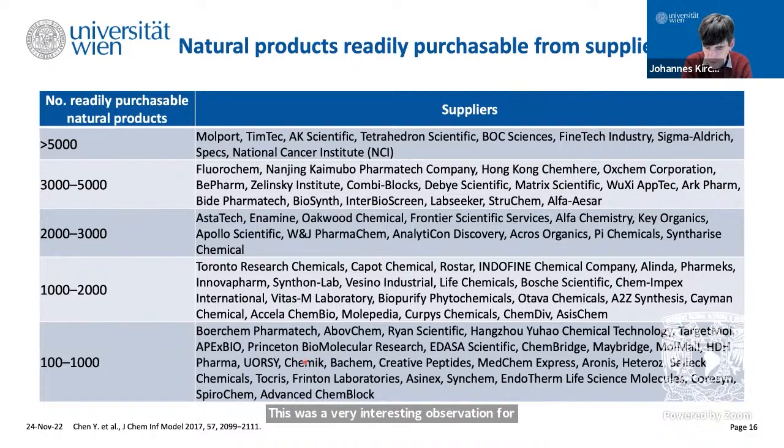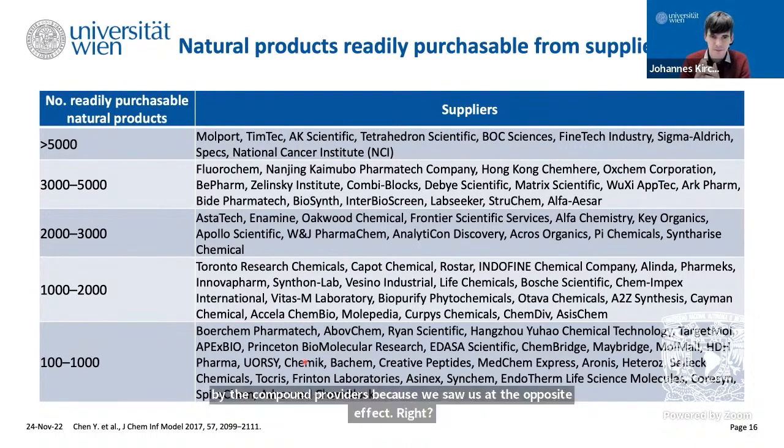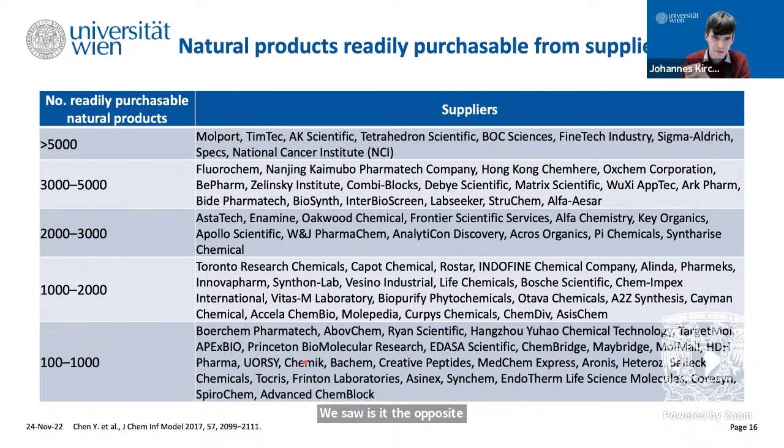And so what we decided to do is we developed machine learning models. We developed machine learning models that allowed us to actually identify natural products in such commercially available data sets just by structure, so that we don't basically need to rely on the labeling by the compound providers. Because we saw also the opposite effect, right? We saw also the opposite way that, for example, providers claim that their compounds are natural products, but this is not necessarily true for all of these compounds that are included in these collections.